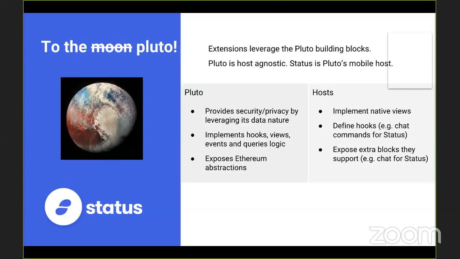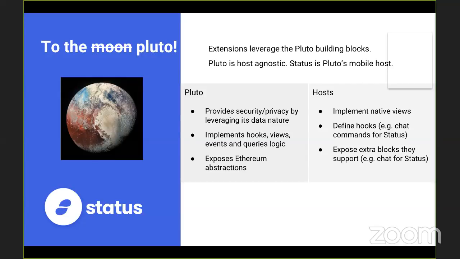So extensions are built on top of a framework called Pluto, which is separate from Status, mainly just to simplify, and because Status is already quite a complex code base. But also the interesting concept here is that Pluto, which provides the implementation of all the concepts, is host agnostic.